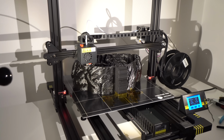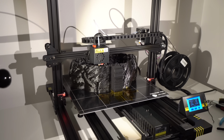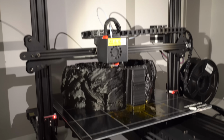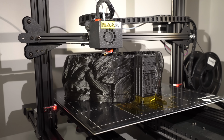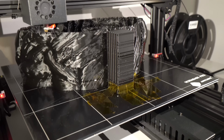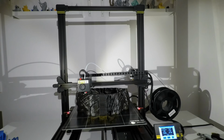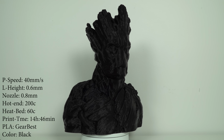Only one tip, you might want to use the brim option next time when you're printing something this large. Brim can help you keep the support in place, and the retraction vertical lift can also prevent the nozzle from hitting and knocking off the support like mine did. To fix this without cancelling the whole print, I used tape to keep the support in place, and it worked. 14 hours later the printer was finished and the result was pretty good overall, with a lot of details,